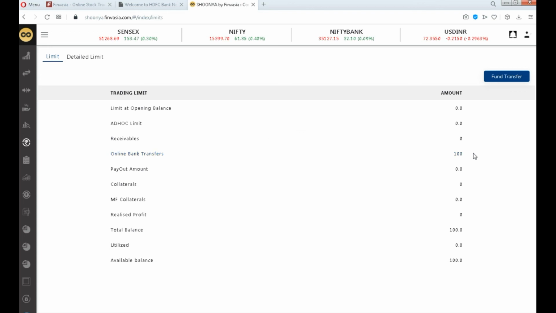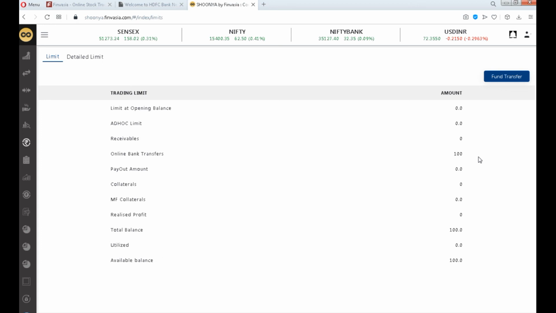In HDFC bank, you need to add the virtual account number as a beneficiary in the ECMS option. But in other banks, clients can add beneficiaries with the normal option.